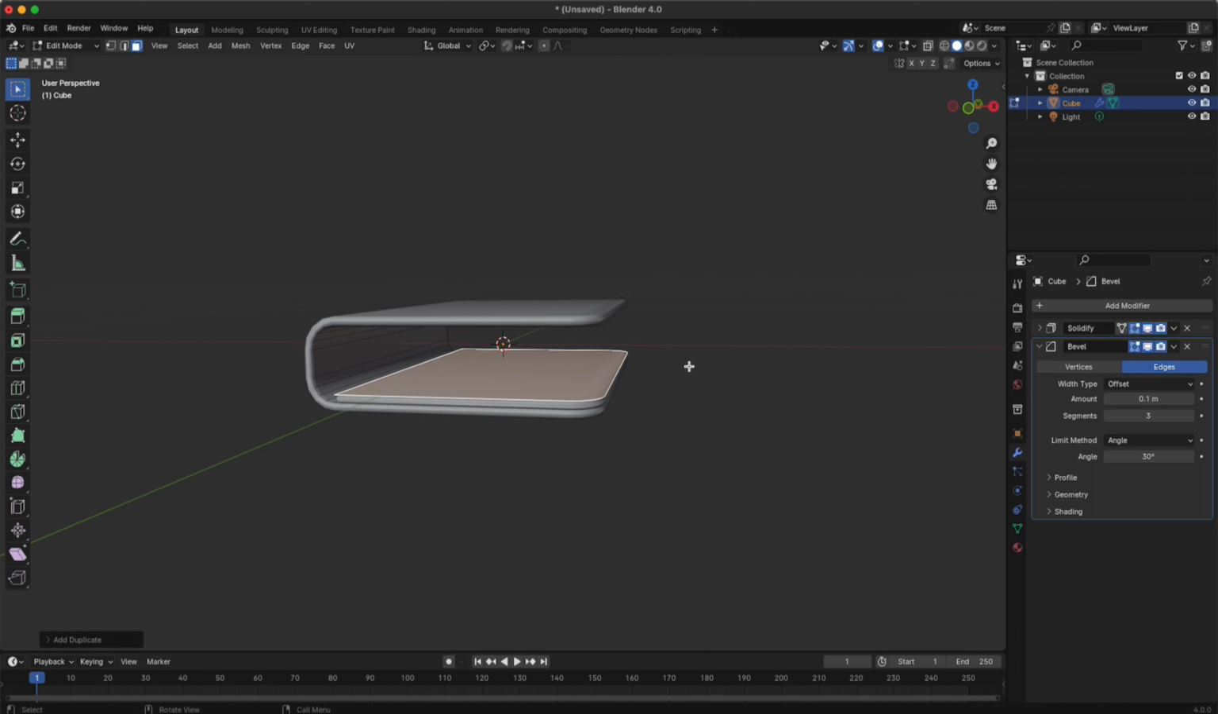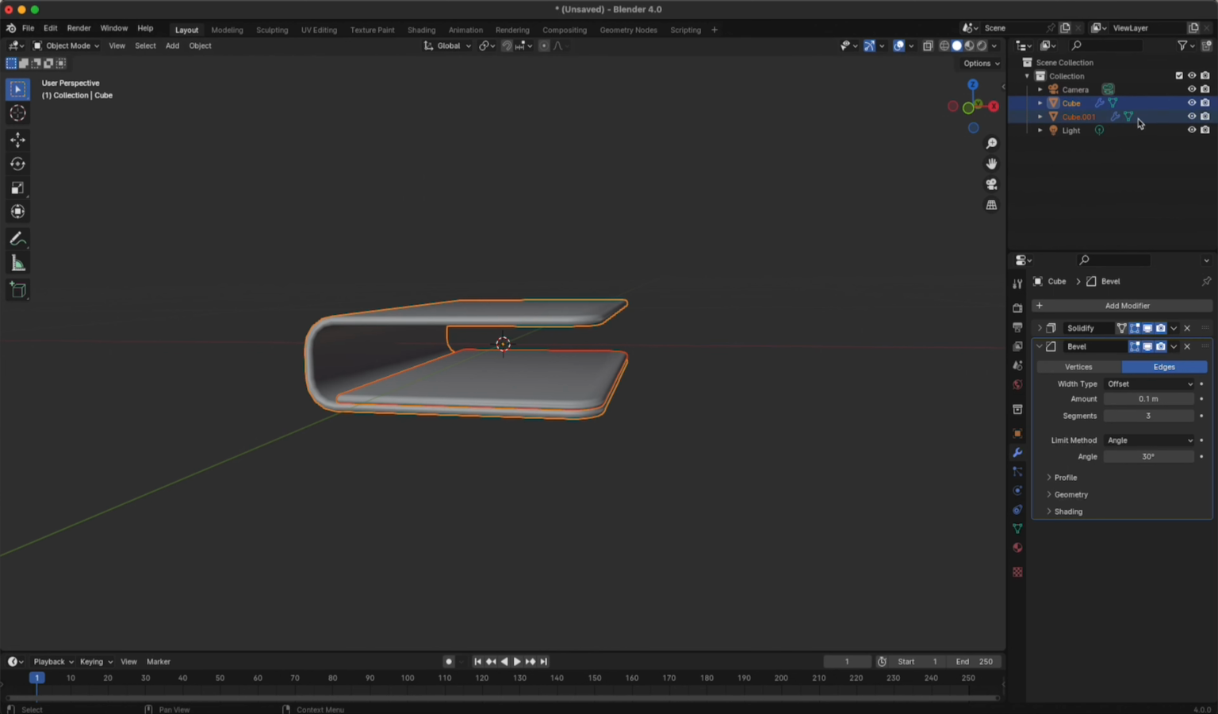Now before I jump back into object mode, I want to separate this page from this book so I can add modifiers to just the pages. To do that, we'll press P, and this is our little separate window, and we want to separate the selection. So now when we tab back into edit mode, you can see we have a cube for pages and a